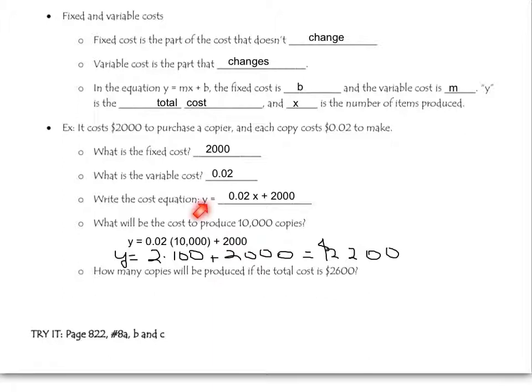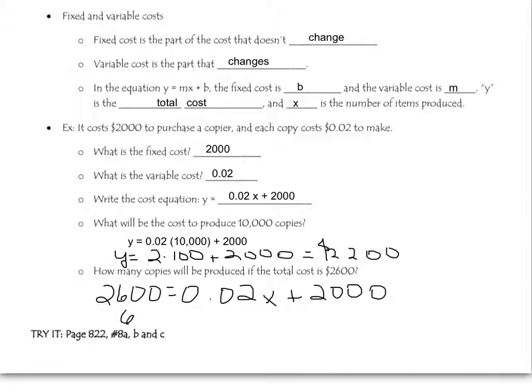So we look at our cost equation. Y is the total cost, so we plug in $2,600 for Y. And according to our equation, that's equal to 0.02 times x, which we don't know, plus 2,000. So now all we have to do is solve for x. So let's subtract 2,000 from both sides. We get 600 equals